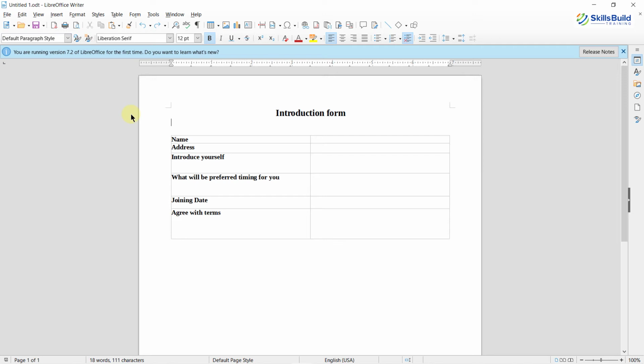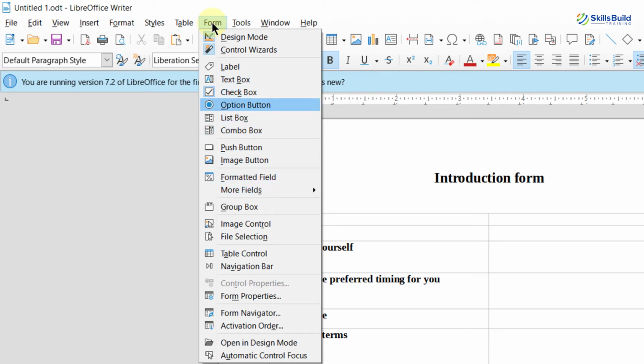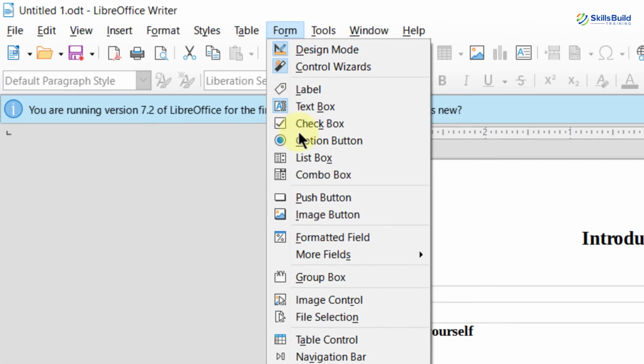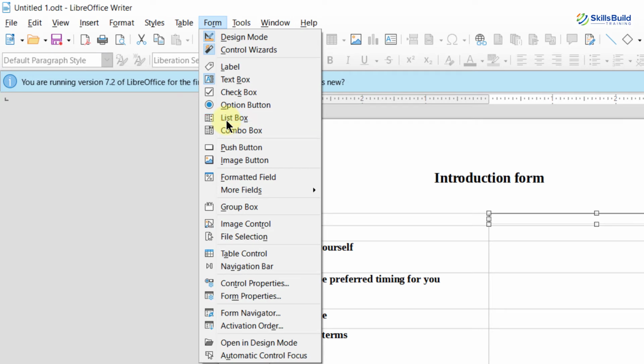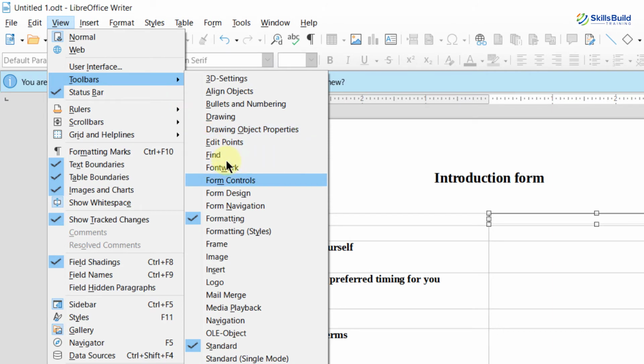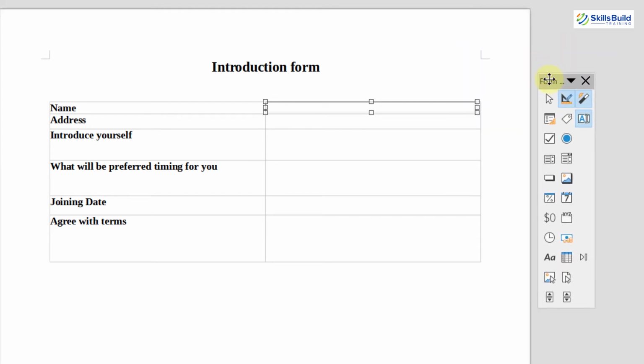Now, I will show you how we can create a fillable PDF form in LibreOffice. To make this a fillable PDF form, you just need to go to your forms, and here you can see we have different options which we can use in our form. But let's say I select text box, I will drag it and drop it here. But then again I have to go to my forms and look for a particular option. There is another way: go to view, then toolbars, and here you can see we have form controls. If you click on it, here we have all the form controls which we can apply onto our forms. You can drag and drop it anywhere on the screen as per your convenience.